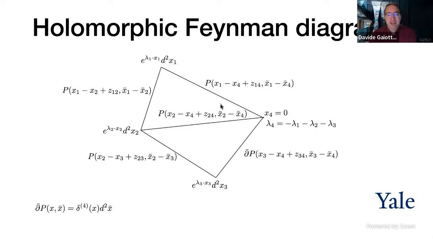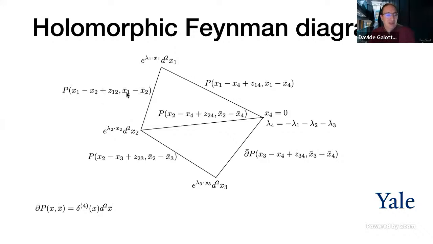So we're going to integrate over the position of all the vertices except for one in C2 with some holomorphic measure, which is pretty much an exponential with some holomorphic momentum, and the holomorphic top form in C2. Which vertex we keep fixed at the origin doesn't really matter at the end, as long as you keep the holomorphic momentum at 0. And then we wedge these holomorphic measures with the propagators, which are 0-1 forms,